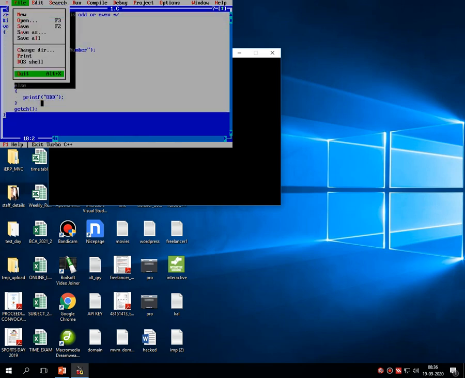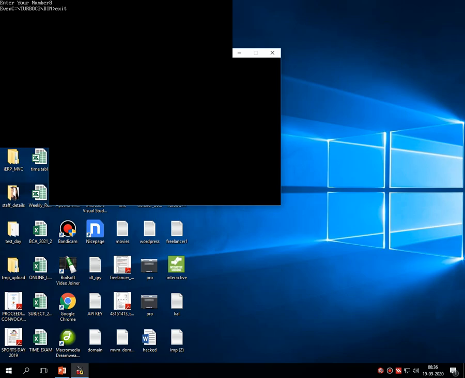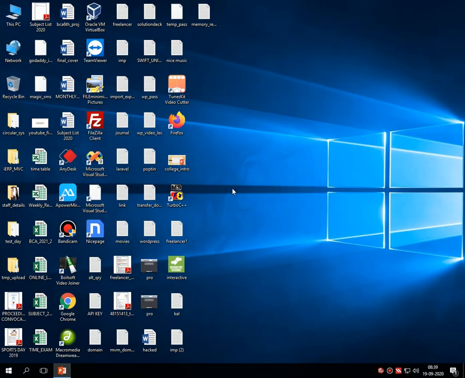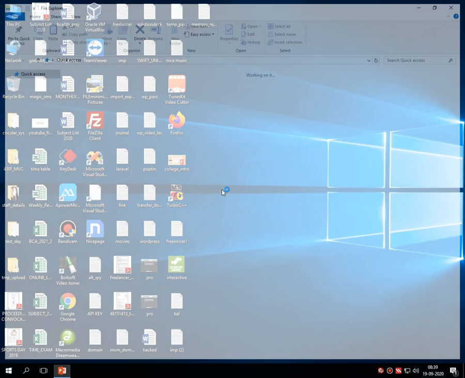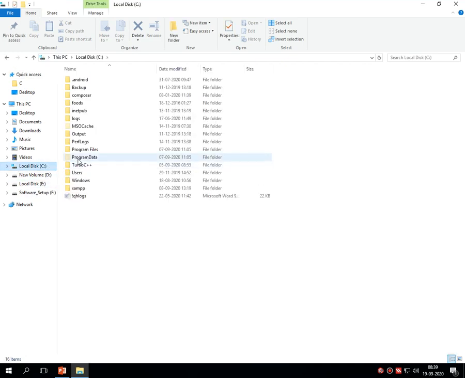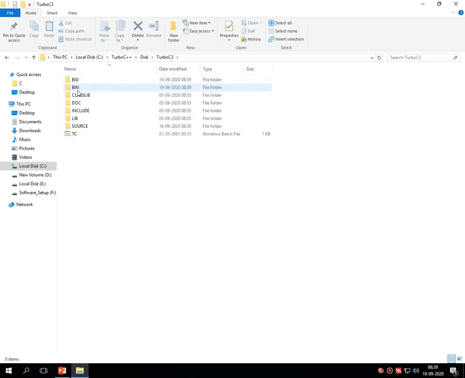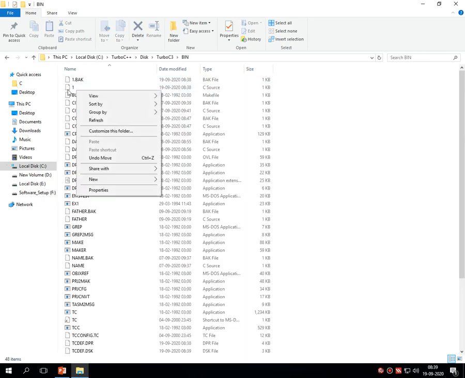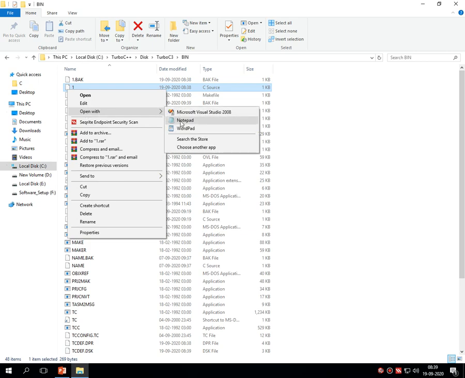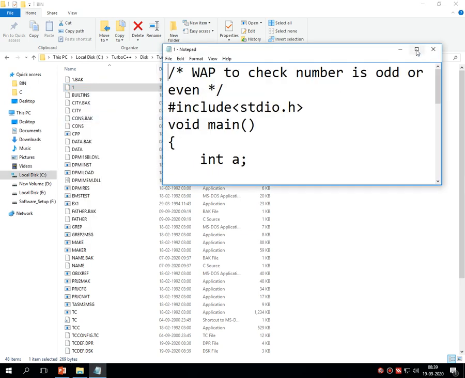Now let's see this particular code in Notepad for better visibility. So I am opening the C drive, Turbo C, then again Turbo C, then bin, and I have saved this program as 1.c. So I am opening it in Notepad.